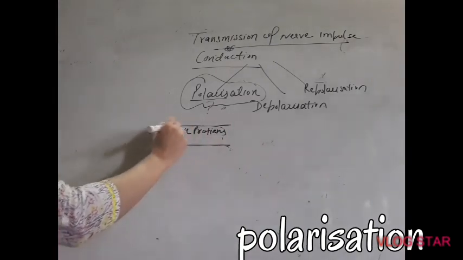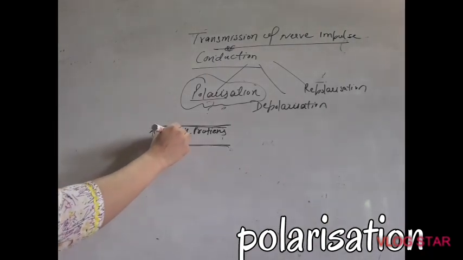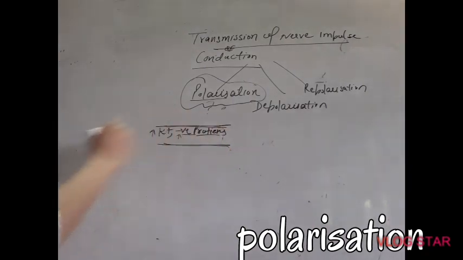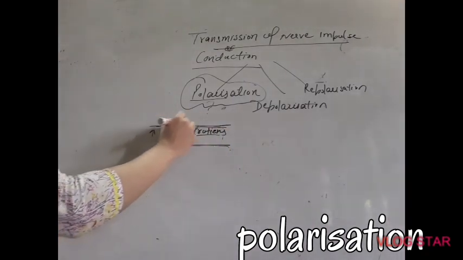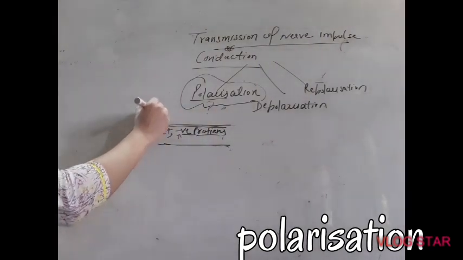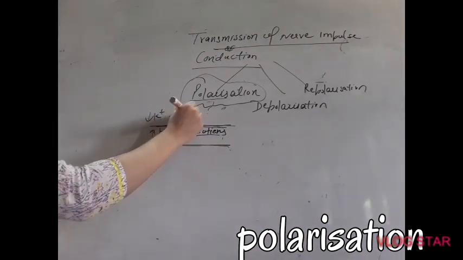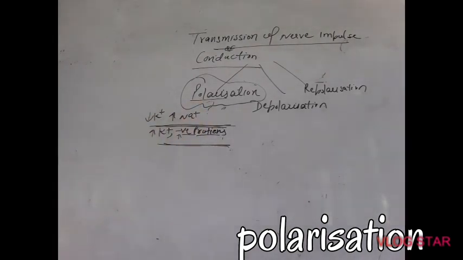Repeating, inside the resting nerve fiber there is high concentration of potassium ions and also very high concentration of some negatively charged protein, but outside the resting nerve fiber, outside the axon membrane, there is less concentration of potassium ions and more concentration of sodium ions. This results in the development of a